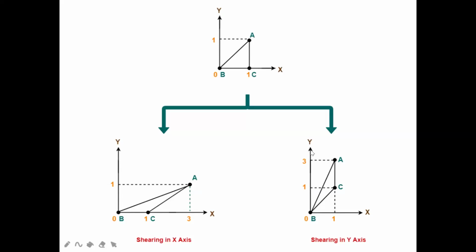Okay, and from the next class onwards, we are going to see the combination of transformations, where on one object we can put all the transformations, like translation, rotation, scaling, everything all together. Till now, whatever we have done, we have applied individually to one object, and we have seen how it looks. Now we are going to combine all the transformations and see how it will look, which I am going to cover in the next class.